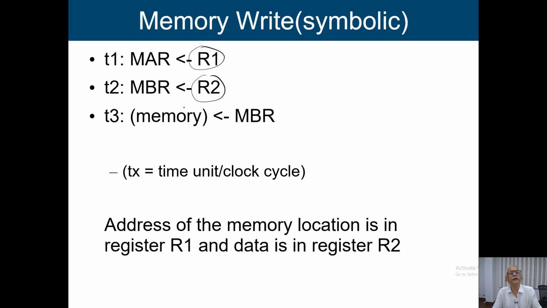Then it issues the write signal. Okay. So when it issues the write signal, then data from MBR will be transferred to this particular memory location whose address is available in this particular MAR. Basically, you can say that my processor should give me the write signal also over here. That means we are giving the address, we are giving the data. Now the processor will generate the write signal. That means write this information to the memory.